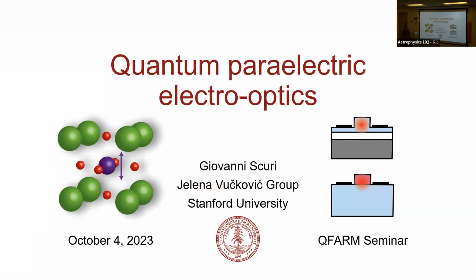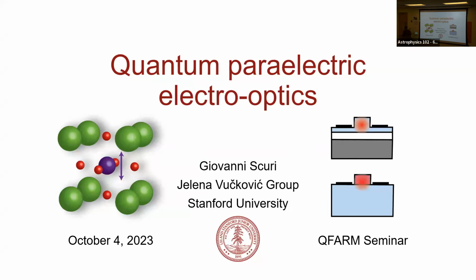I think we'll get started with our next speaker for today. We have Giovanni Scuri with us. Giovanni is also a Bloch Postdoctoral Fellow, 2023, with us. He's working in Professor Giovanni's lab, and today we'll be hearing about some of the work he's doing here at Stanford. Before coming to Stanford, Giovanni was a PhD student at Harvard in the group of Professor Hongkun Park, and he worked on optical properties of communication. So yeah, without further ado.